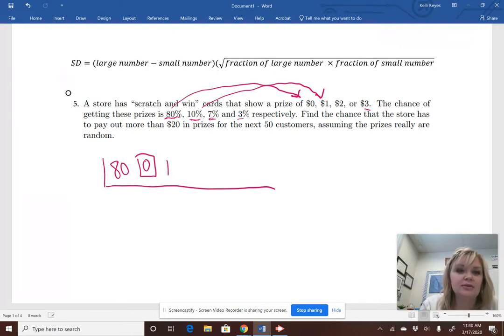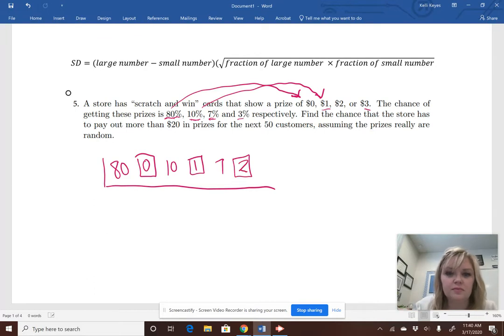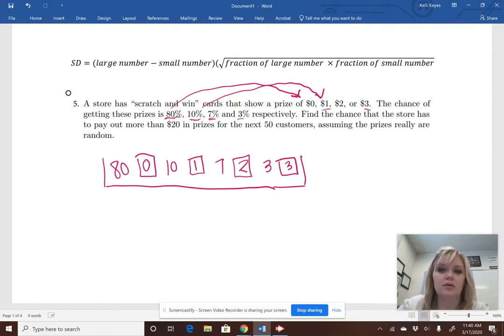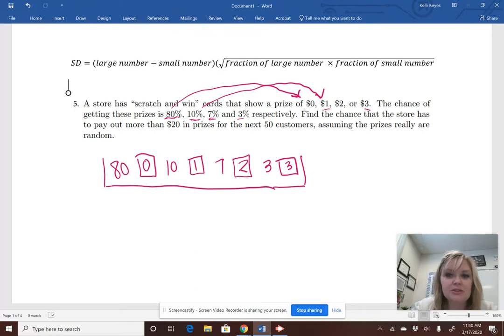And then we have a 10% chance that we win $1. So 10 of the tickets have $1. 7 of the tickets have $2. And then 3 of the tickets have the $3. So then if you add up the total number of tickets, it adds up to 100. And then what's on the tickets is the money that we would win, okay? So then the draws from that box model